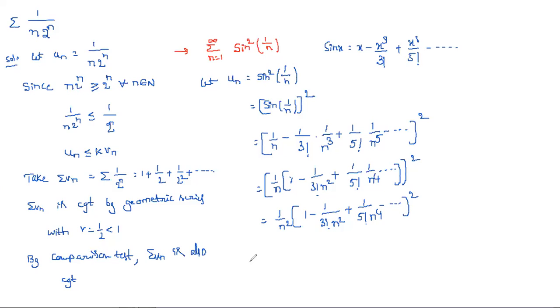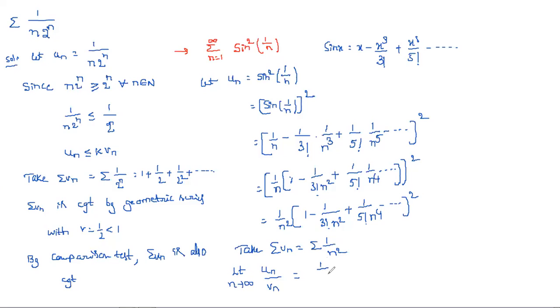Now can you take Vn from this? Take summation Vn equal to summation 1 by n square. And now you can calculate limit n tends to infinity Un by Vn. So that is nothing but...